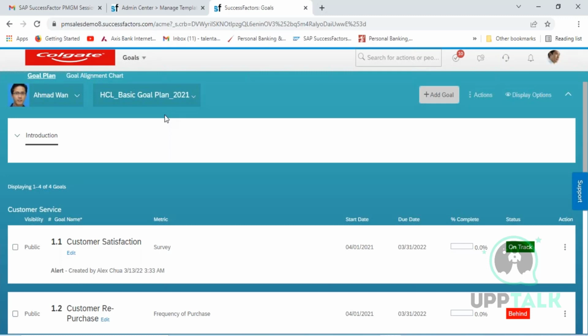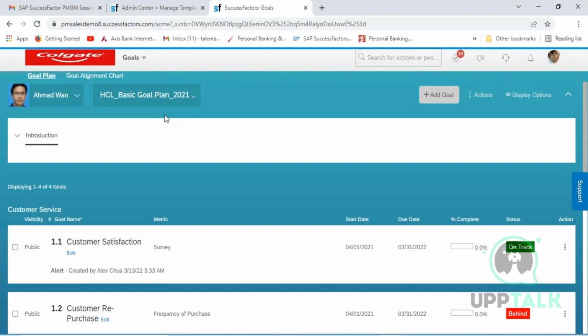So this happens with compensation also, because once the rating is given in performance management, the performance rating is again connected with the compensation. According to that, the salary processing and salary revision have to be carried out. So just as you create a goal template and performance template, somebody who is a compensation consultant